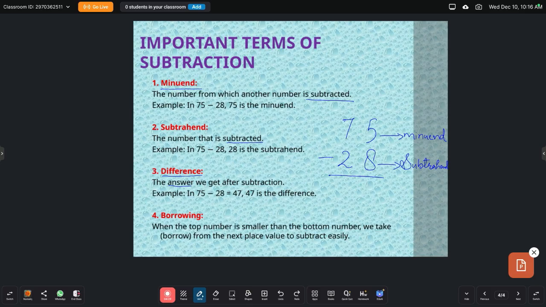In the minuend we have 5 and in the subtrahend we have 8. So we cannot subtract 8 from this 5. What we have to do is borrow. We need to borrow 1 from this 7. So this 7 remains only 6 and this 5 becomes 15. From 15 we have to subtract this 8. So 15 minus 8 is 7. There is now 6 instead of 7. 6 minus 2 is 4. So this is called the difference.